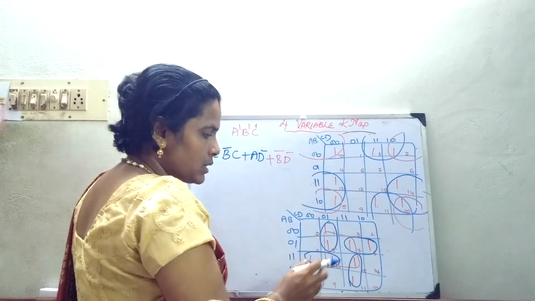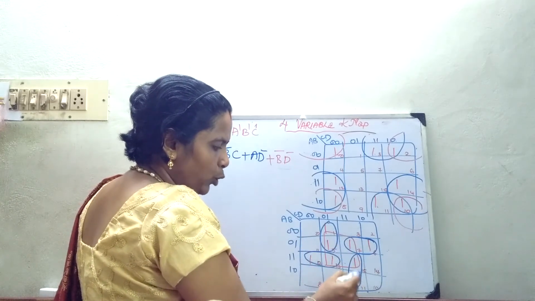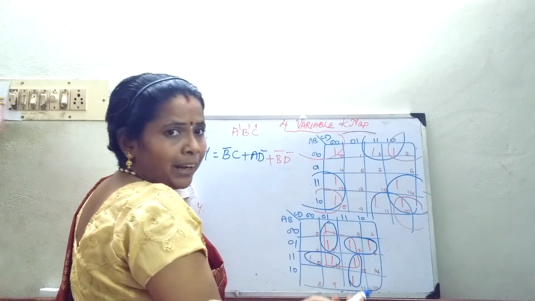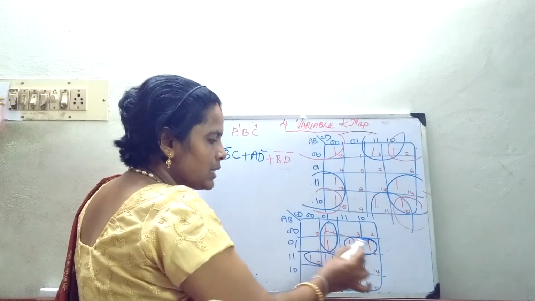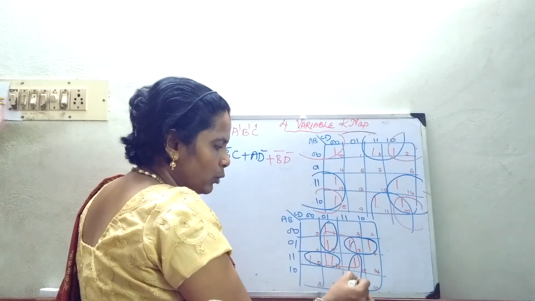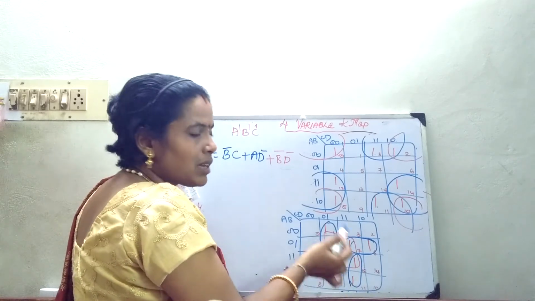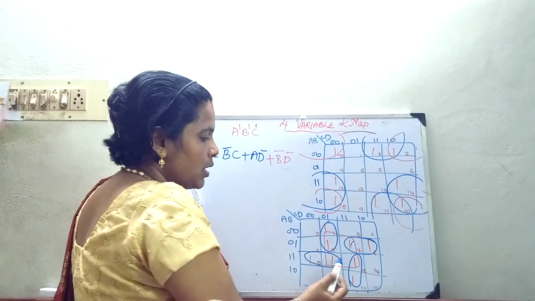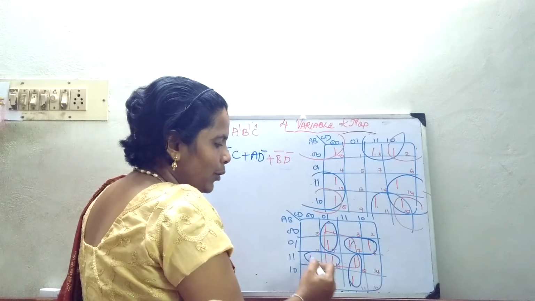Okay. In this case, if you see, I have done 4 2 cell grouping. If I am going to do it in this way, then this 4 cell grouping is not required, because if I am going to go in for my 4 cell grouping also, in that case again this 1 cell has to be grouped. So already when you are going to 4 cell grouping, in this case this 4 cell grouping is not required, because all the cells are grouped. So again if you are grouping, this higher cell grouping will not be required. This is an exclusive case, because all the cells are going to be grouped.